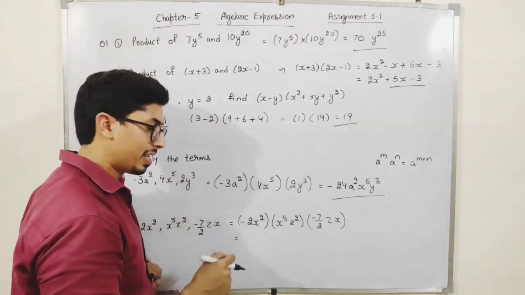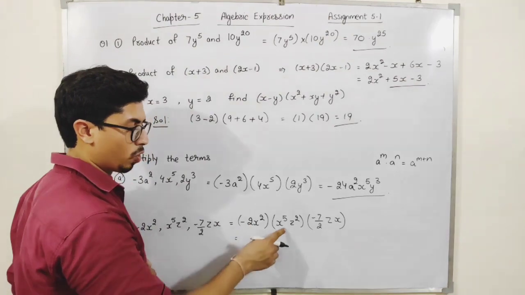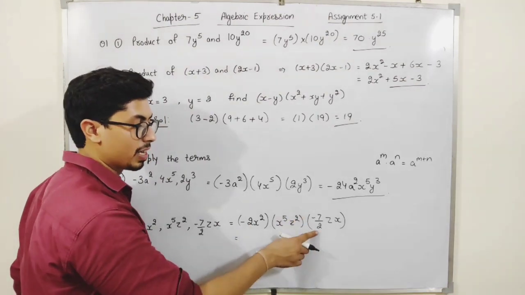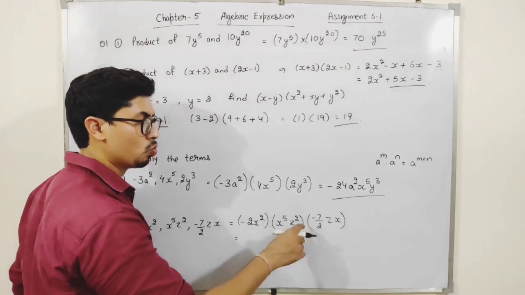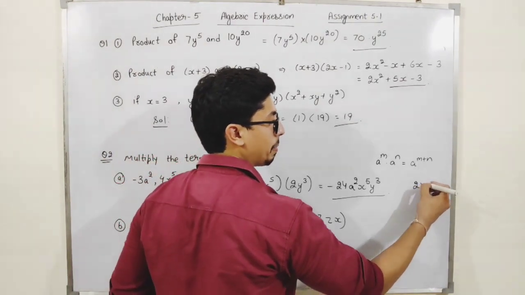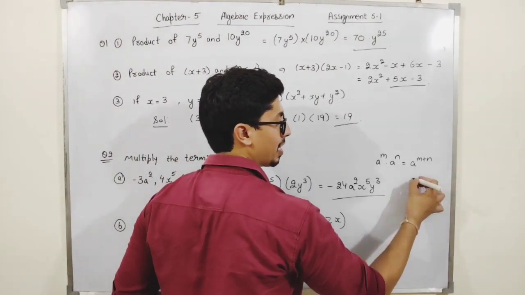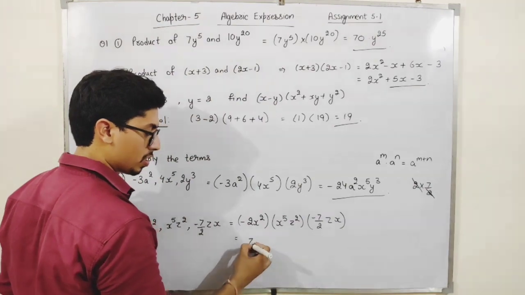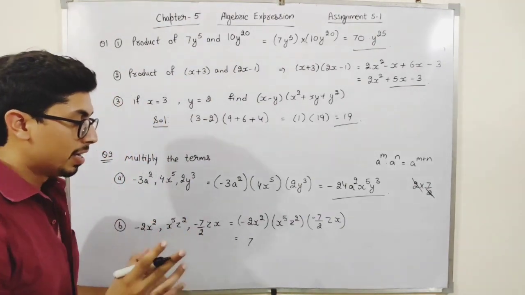Okay. Multiply the numbers. 2, no number is there. So leave that. Minus 7 by 2. So multiply 2 by 7 by 2. If I multiply 2 and 7 by 2, I can cancel them out. So this will be 7. Okay. Now, see,